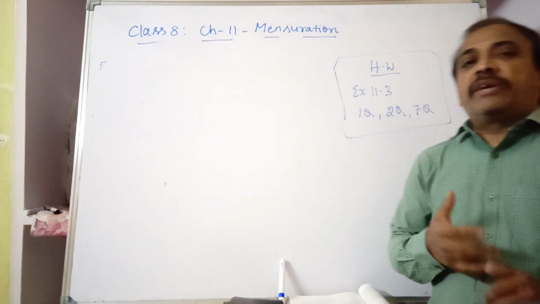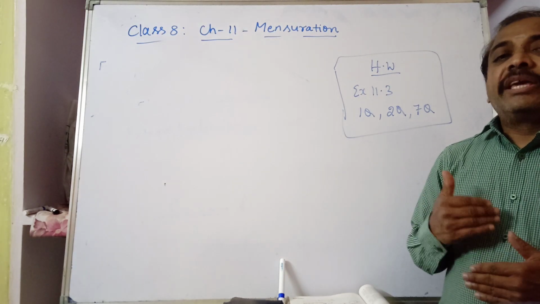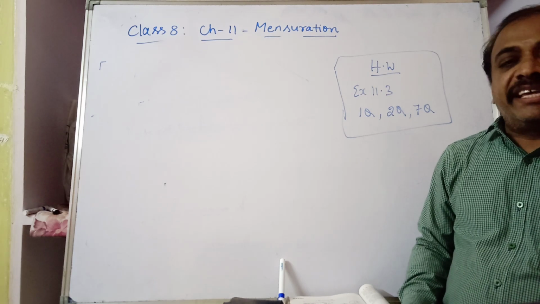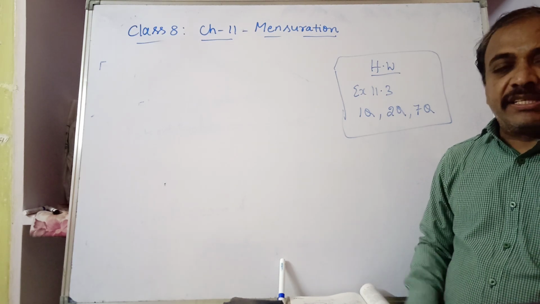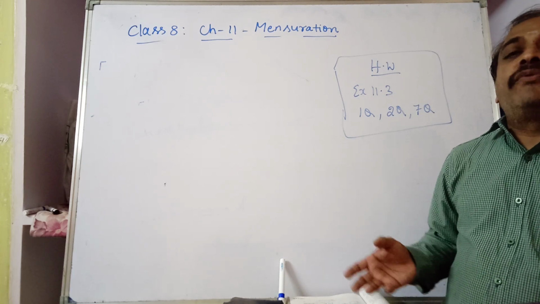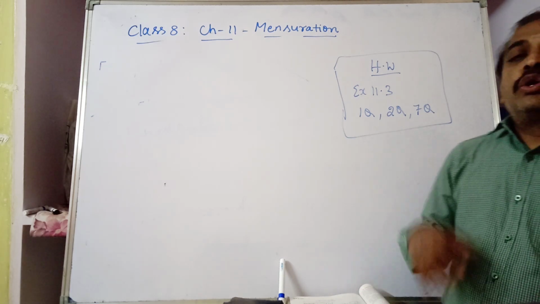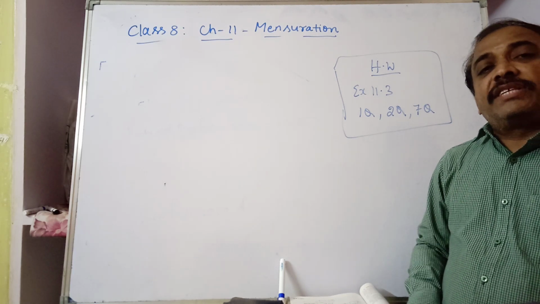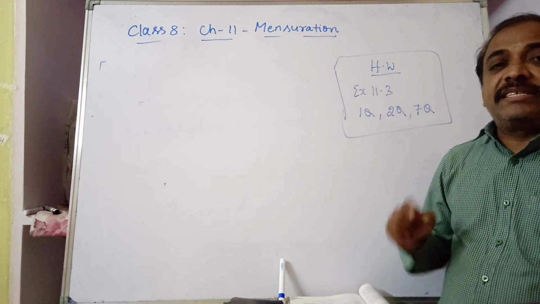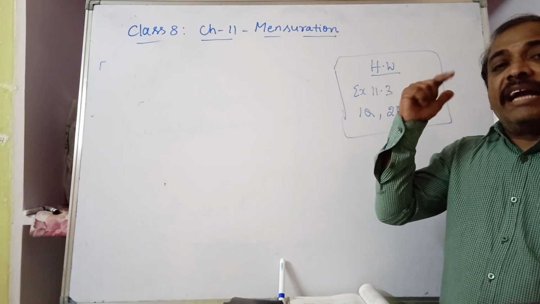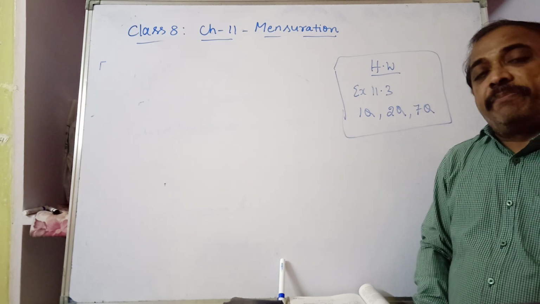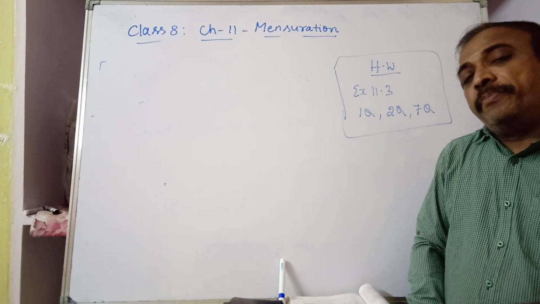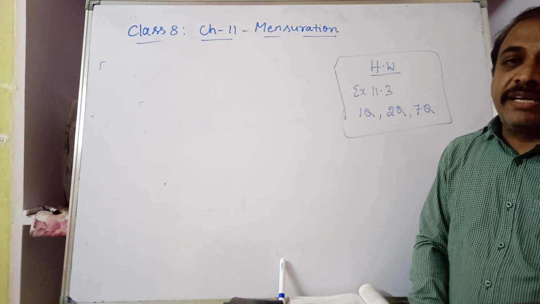So I hope you understood what we have discussed in today's session about cuboid, cube and cylinder, their surface areas, lateral surface area or curved surface area we call it for cylinder, and for the cube and cuboid, area of 4 walls is nothing but lateral surface area. Total surface area is nothing but all 6 faces of cube and cuboid, and total surface area of cylinder is curved surface area plus top area, circular base and the top. Base and top are in circular shape. Those curved surface area plus circular base's area, top and bottom, will give you total surface area.